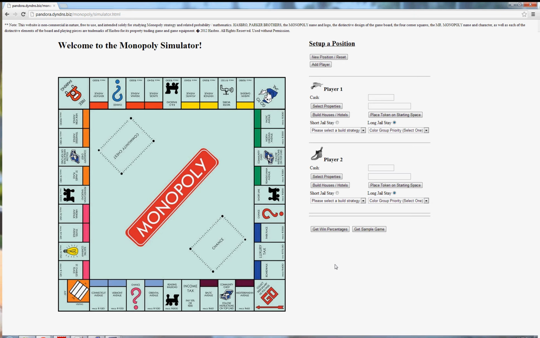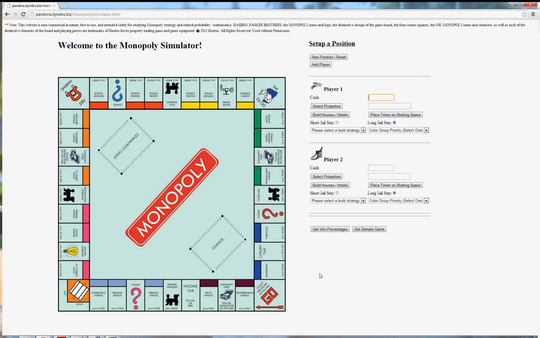But that said, it's one thing to take a number on its word or on face value. It's another thing to be able to see a sample of how the number was created. So that's exactly what get sample game will do. So without further ado, let's move ahead here and let's try to create